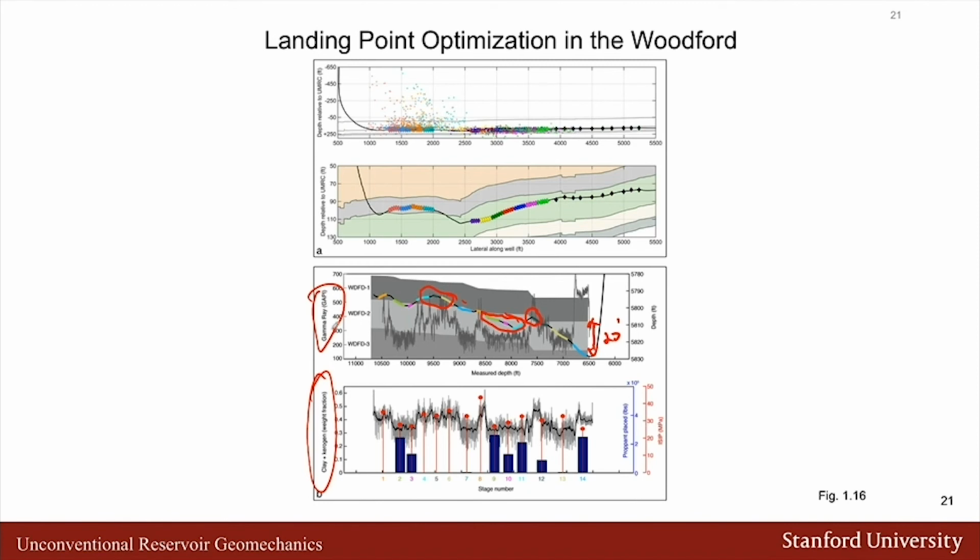So while the capability to steer and stay in narrow zones is really quite remarkable, having the information available to tell you when to steer and when the trajectory has to be changed is really quite a challenging feat in many cases. In the upper case, they seem to have drilled most of the well in the lower Marcellus where they wanted, although the initial landing zone turned out to be above the lower Marcellus, and then they had to deviate down into it, and then they stayed in it. In the lower case, they were sort of fighting